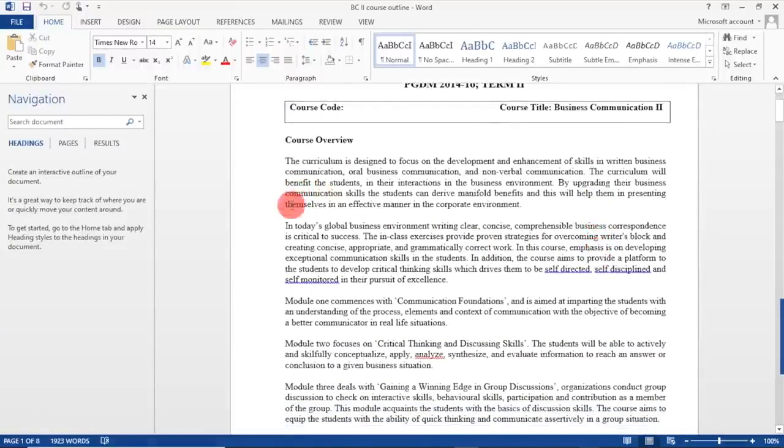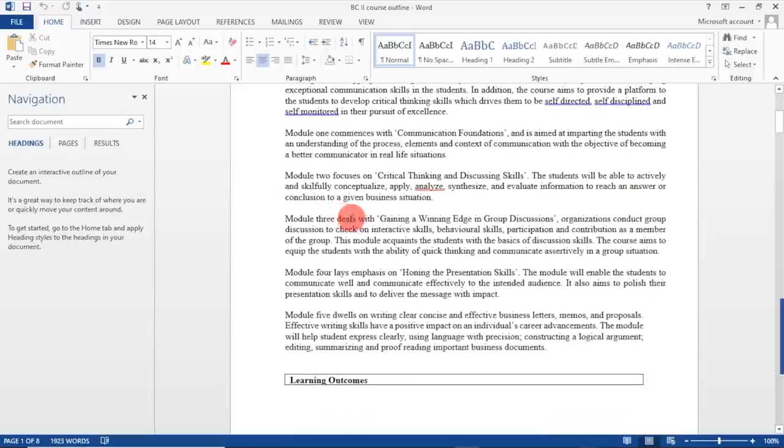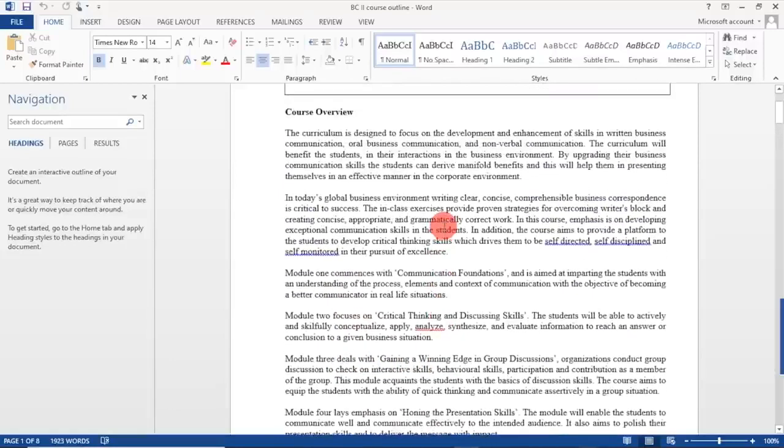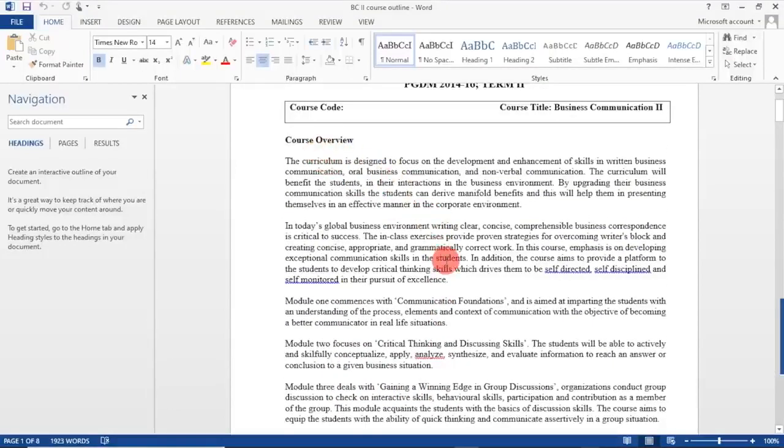So first is the course overview, and just see when you talk of course overview, basically what you are going to discuss in that course, what is the importance of this course, and what type of learning outcomes you are going to achieve. You try to communicate everything to the student by writing a course overview. This course overview component is a very important component as far as communication between a teacher and student is concerned. So why your course is important, what exactly your course is going to do once a student goes through it, right? So just read this particular paragraph.